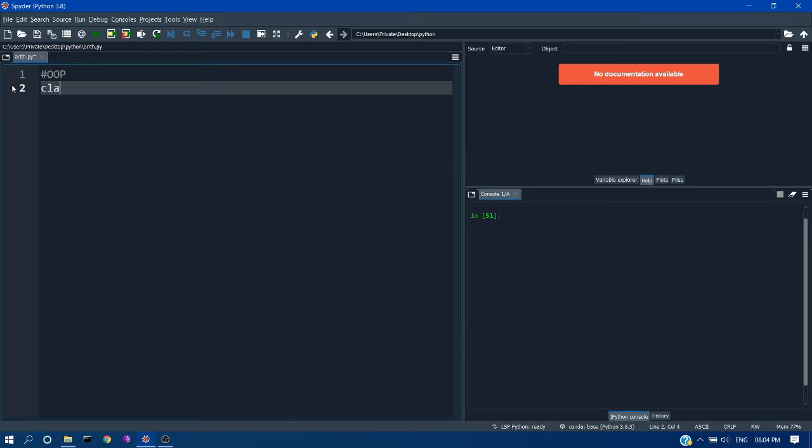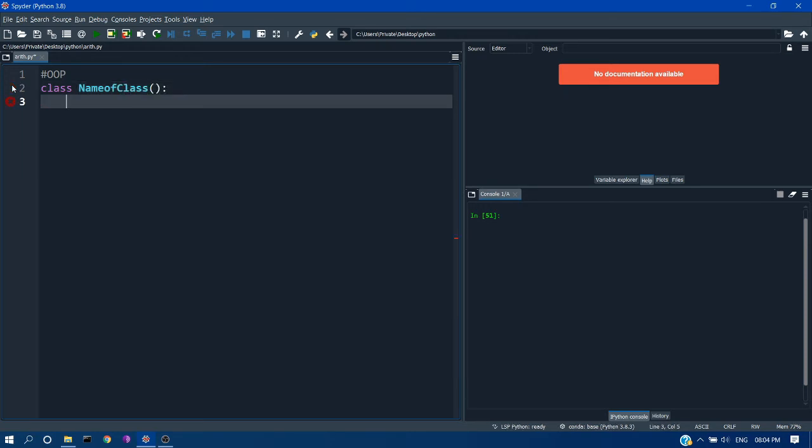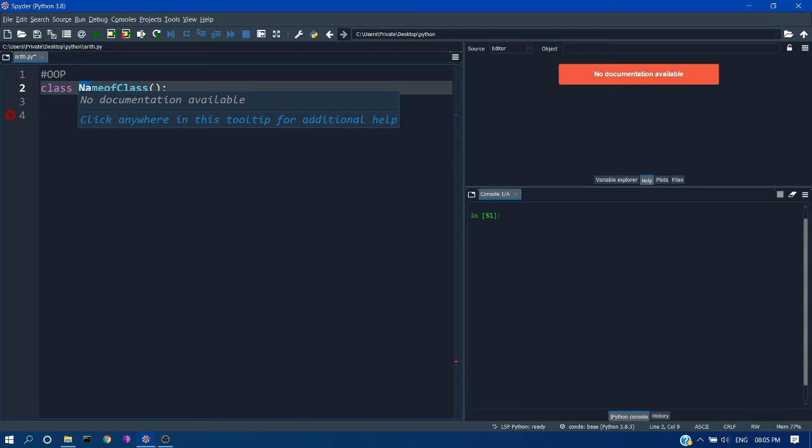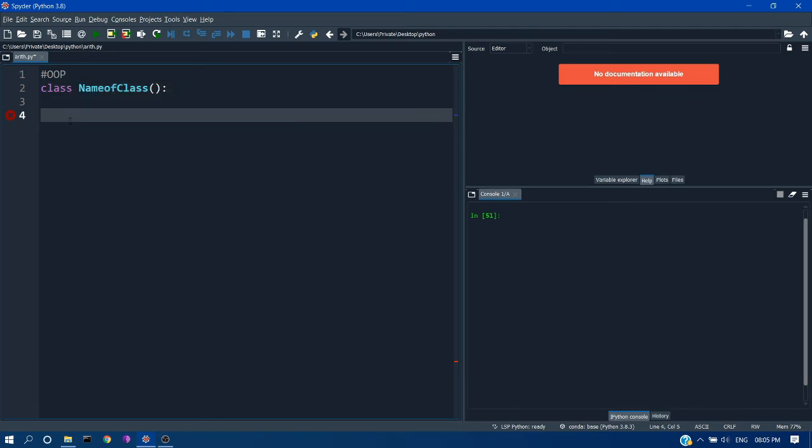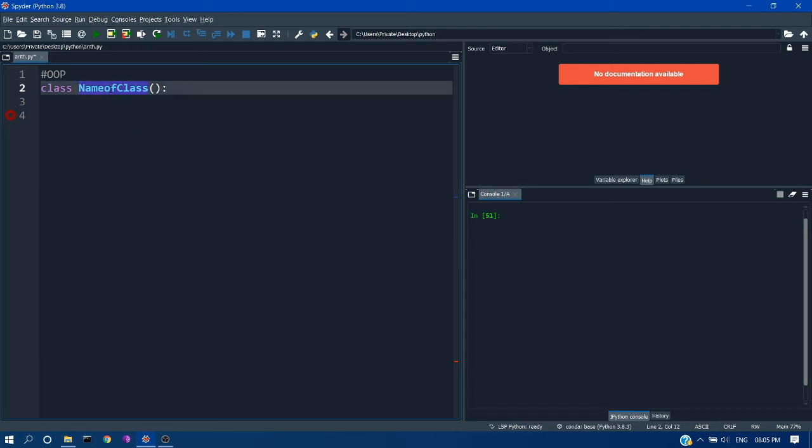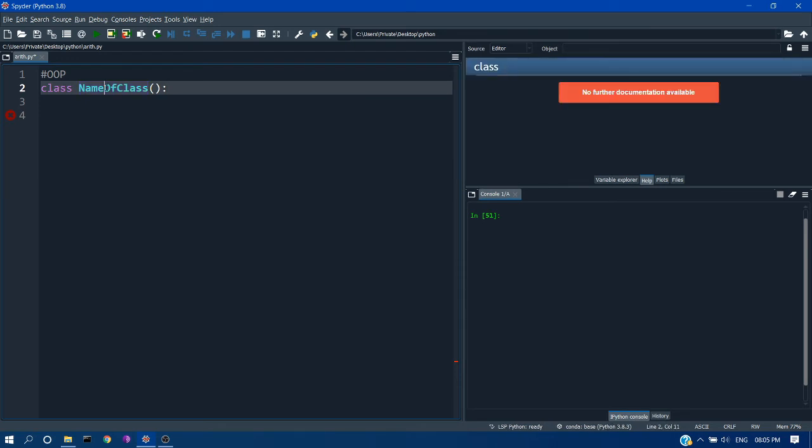The first one is the class keyword. Normally it is used to define the name of the object, which is why an object is sometimes referred to as a class. Here you can see it follows a special naming convention, where the first letter of every word is capitalized. Normally the names of variables and function calls are in lowercase to differentiate them from classes in Python. Defining a class consists of the class keyword and the name of the class.